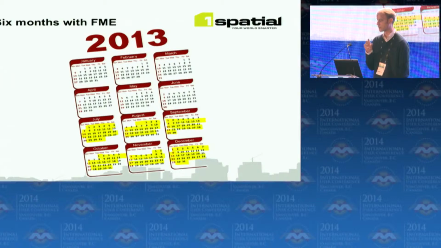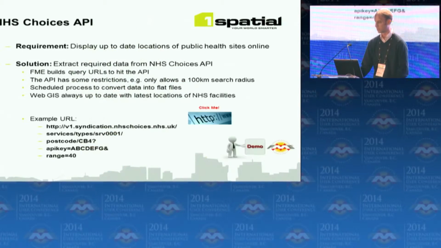And we had a little snapshot. We charted their use of FME in this case study literally over 6 months, from purchase and procurement through to using FME for a whole host of capabilities. Quite a few of them, actually, were focused on populating their WebGIS. In the UK, the National Health Service has an NHS Choices API that allows access to all of the traditional health service capabilities in the United Kingdom. It's accessible via a URL that you can pass in with different components.